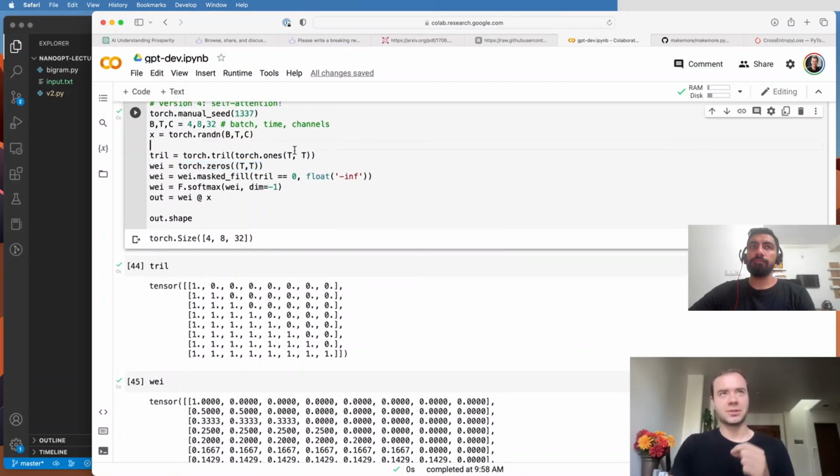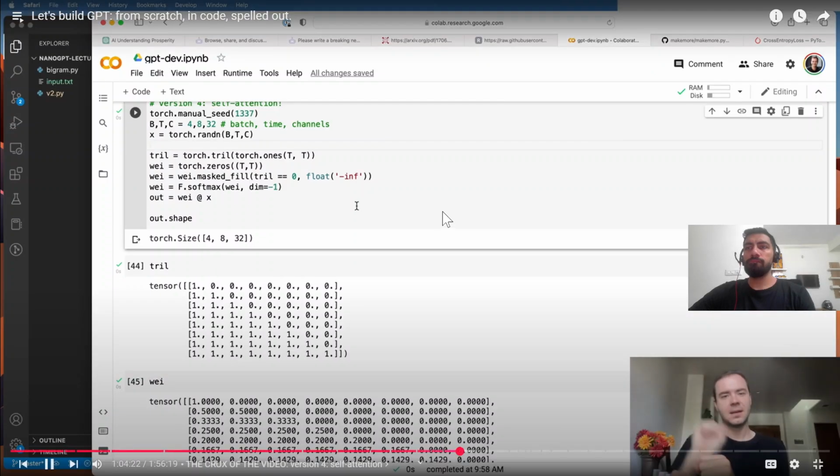Now, the way self-attention solves this is the following. Every single node, or every single token at each position, will emit two vectors. It will emit a query, and it will emit a key. Now, the query vector, roughly speaking, is what am I looking for? And the key vector, roughly speaking, is what do I contain? And then